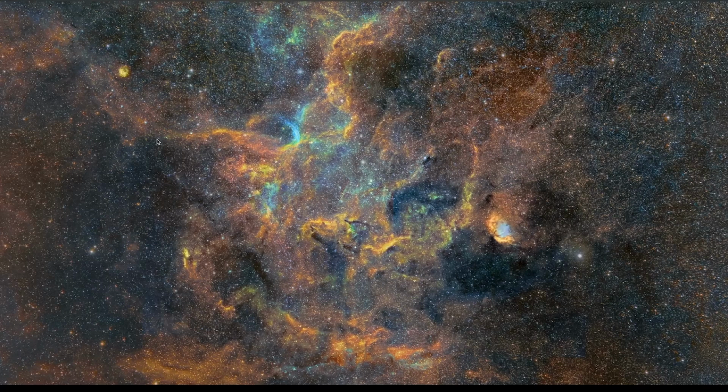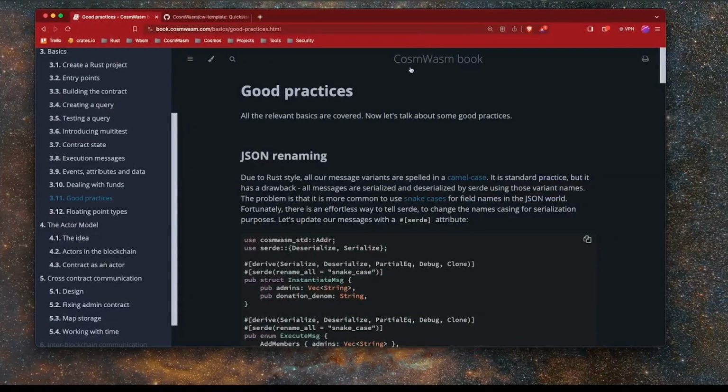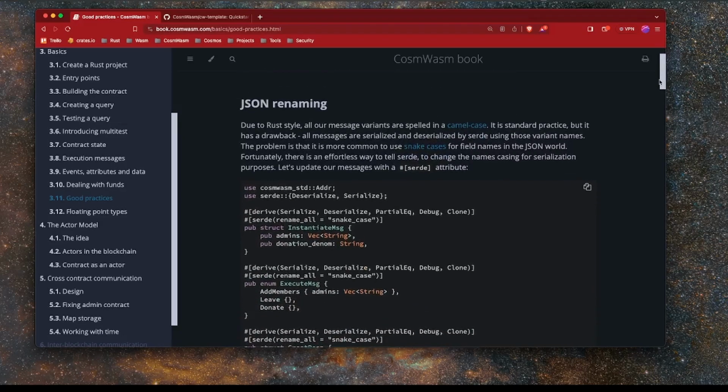In this screencast we're going to complete and round out our journey of CosmWasm Rust-based smart contract development using the CosmWasm book. In this video we're going to just go through this chapter here on good practices. We will see some good tips and tricks that you should follow when building smart contracts in CosmWasm and using